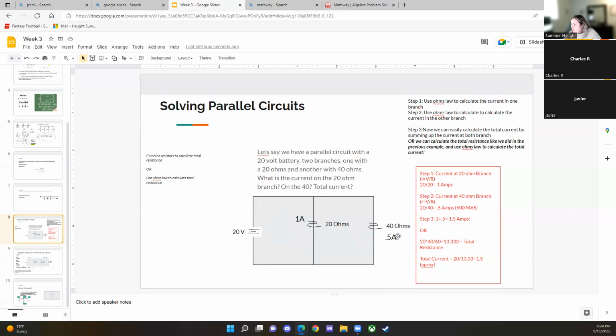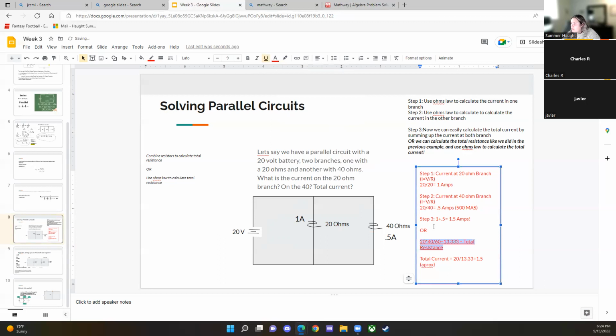So 20 ohms times 40 ohms, which is the resistance here, divided by 20 plus 40, which is 60, gives you 13.33, which is the total resistance. So again, this problem, which I'm going to highlight, is just what we were doing before. You can calculate the total resistance by multiplying. If you only have 2 resistances, like we do in this example, you multiply them and then divide by the sum. So now that we have total resistance, we can easily calculate total current because we have all the